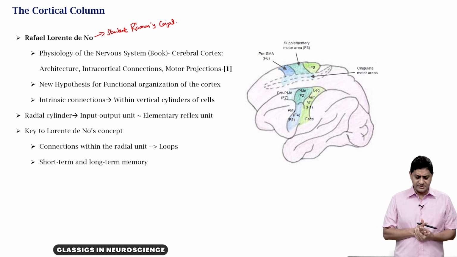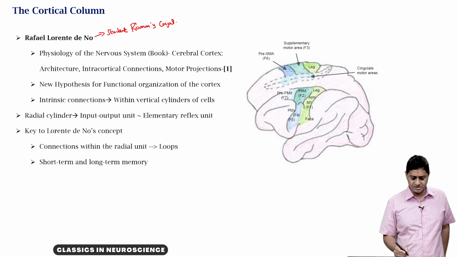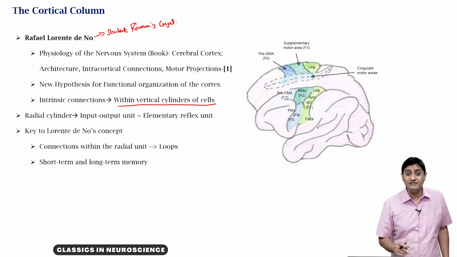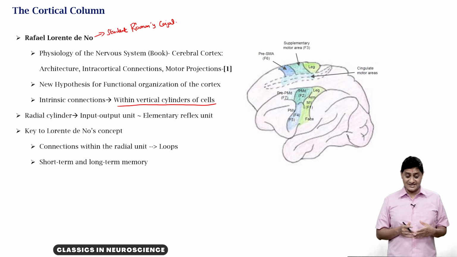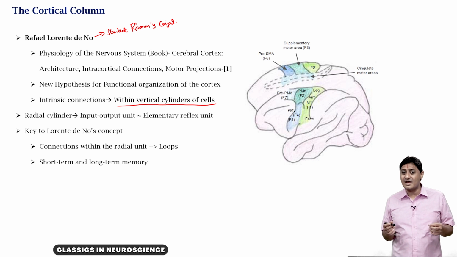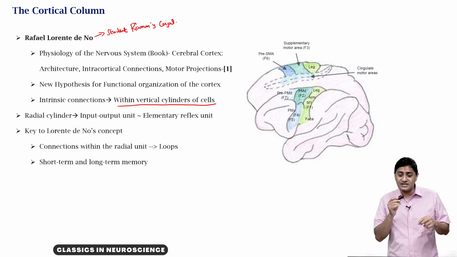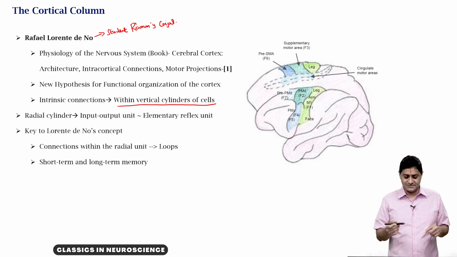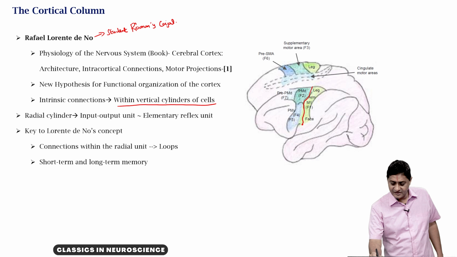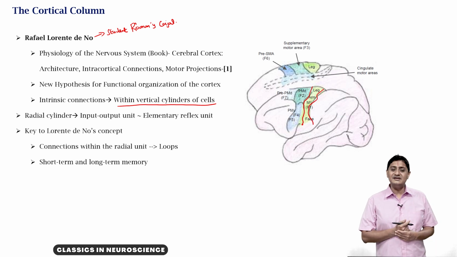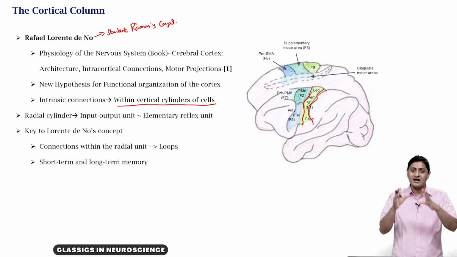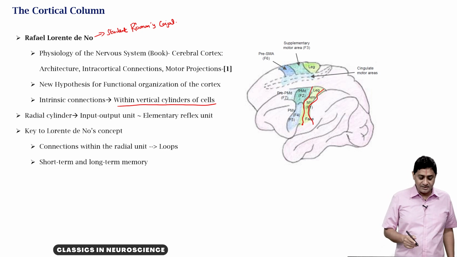But how do intrinsic connections happen? That is the question. Laurent Deneau proposed that these happen within vertical cylinders of cells. That is, what are these intrinsic connections? These are connections that happen within a layer, and these are also connections that happen between layers. But he suggested that this happens within vertical cylinders of cells, suggesting that this cylinder is a column, and this